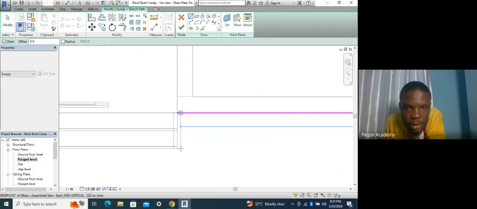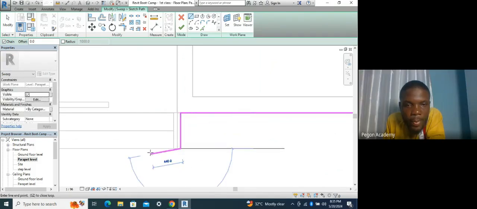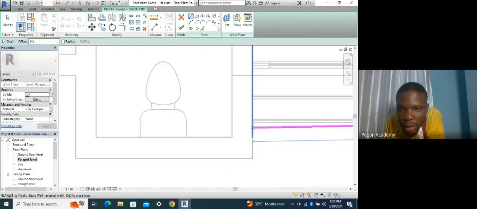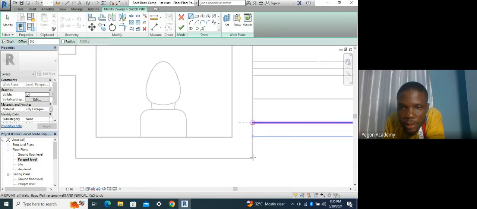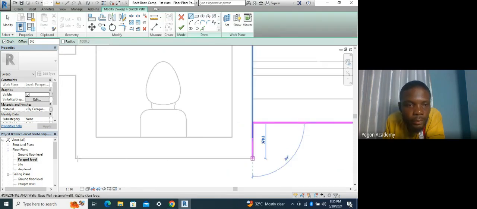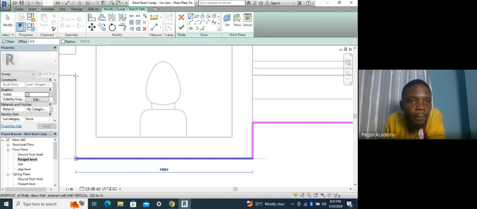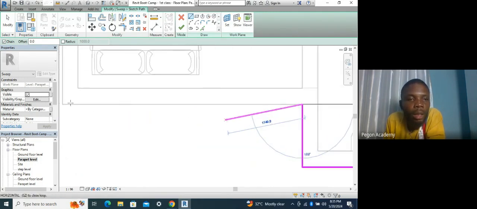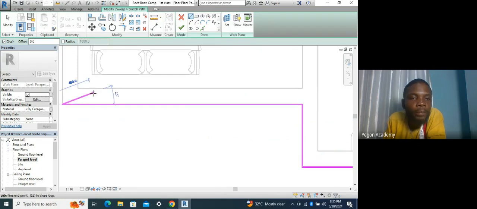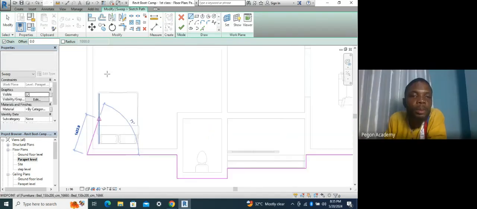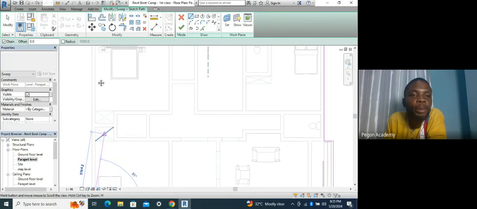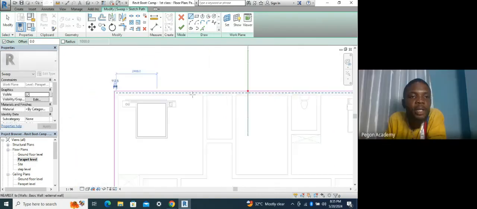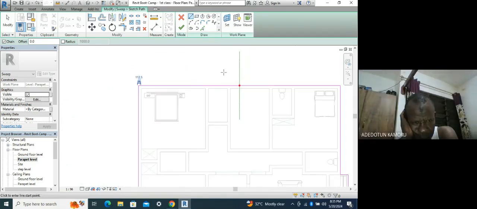This point, this point, yeah. They will close it up at the top. Right? After closing it up at the top,